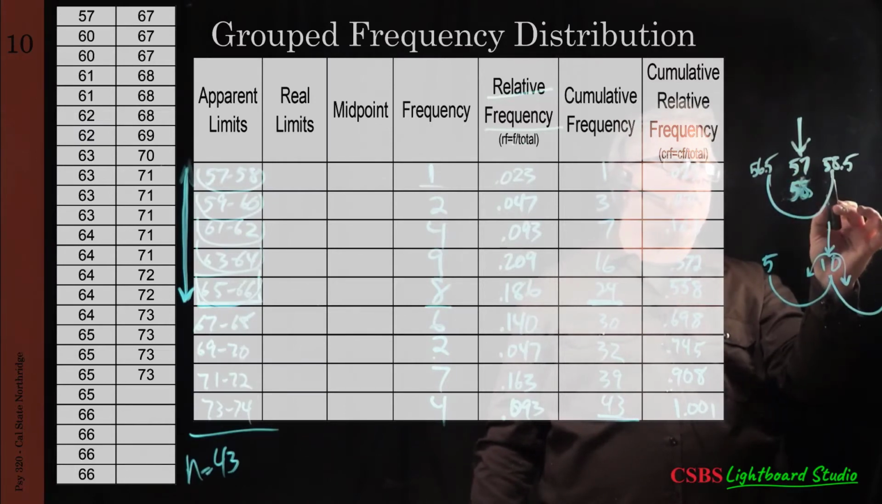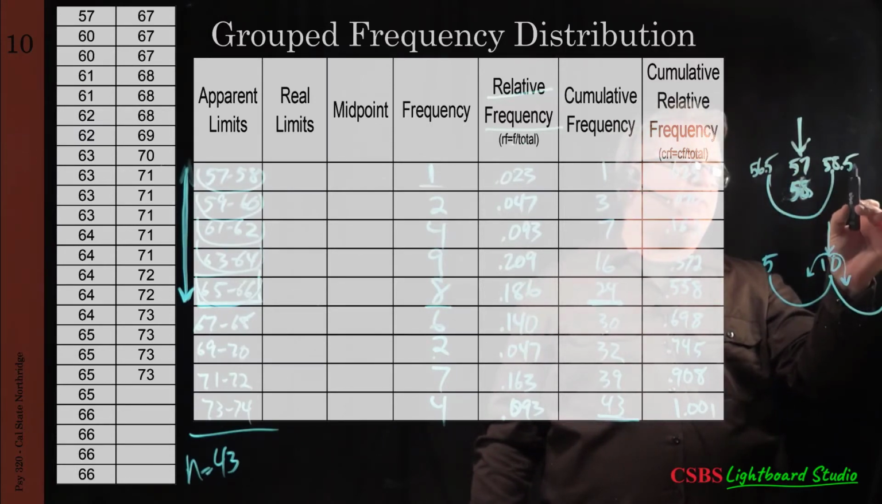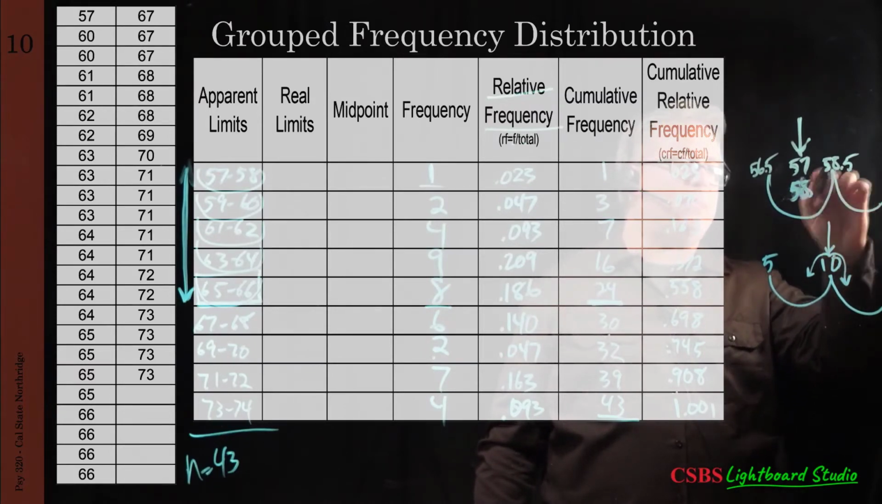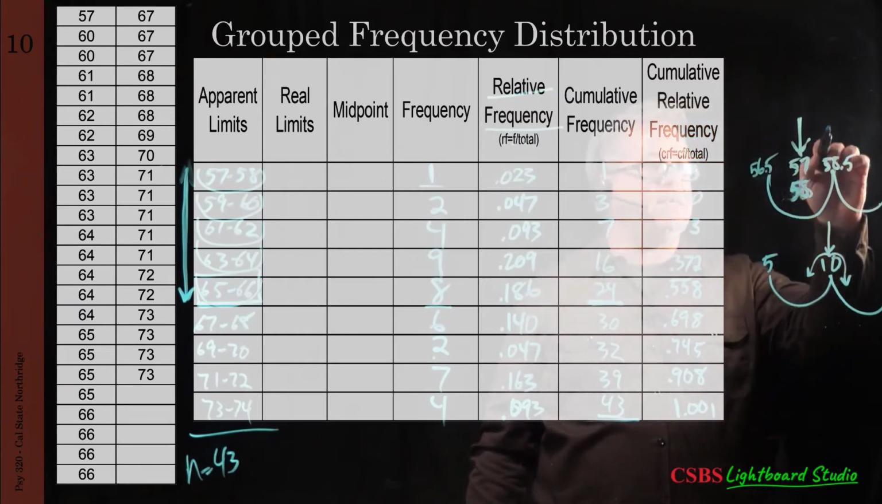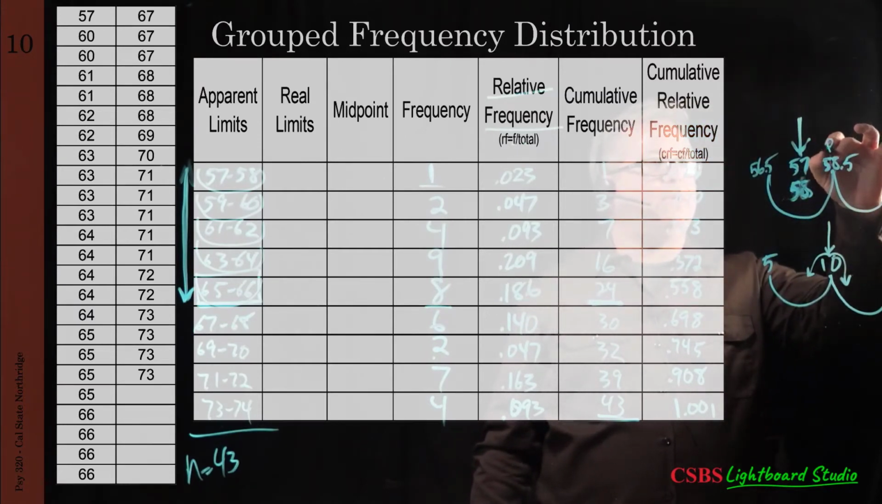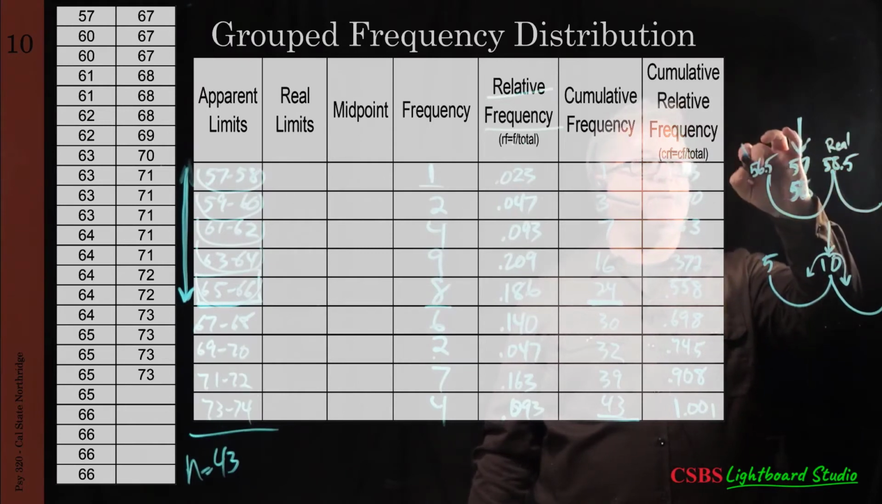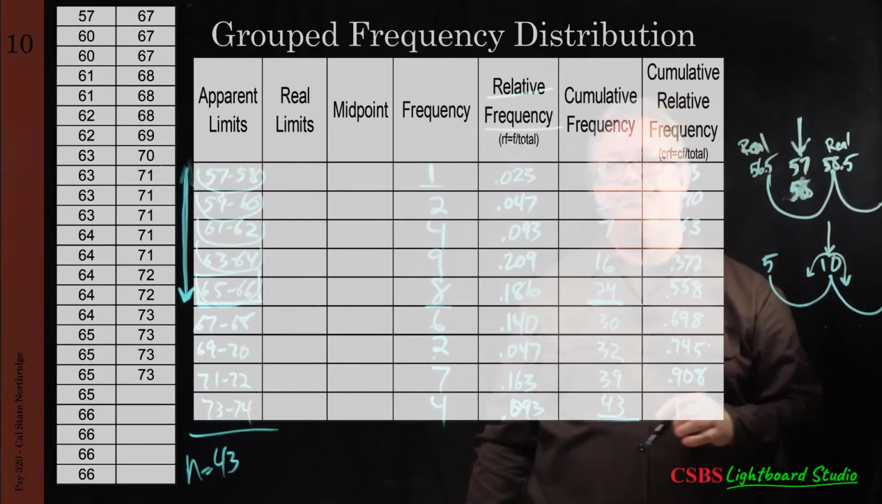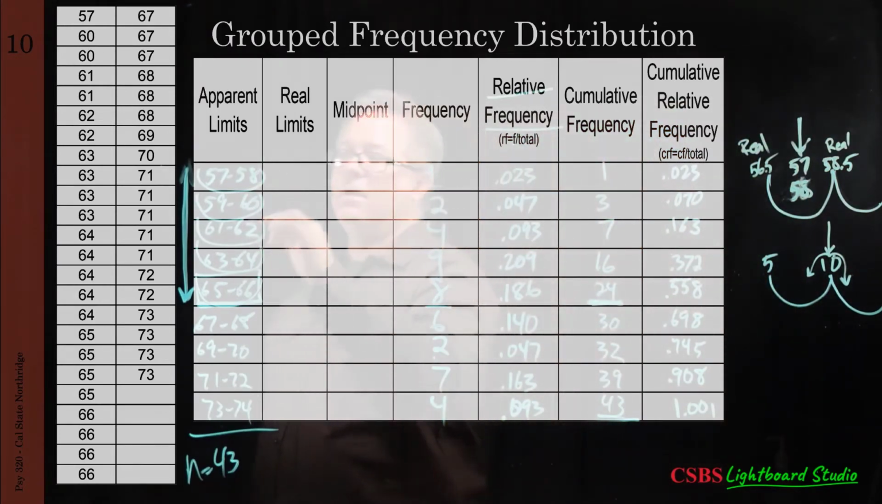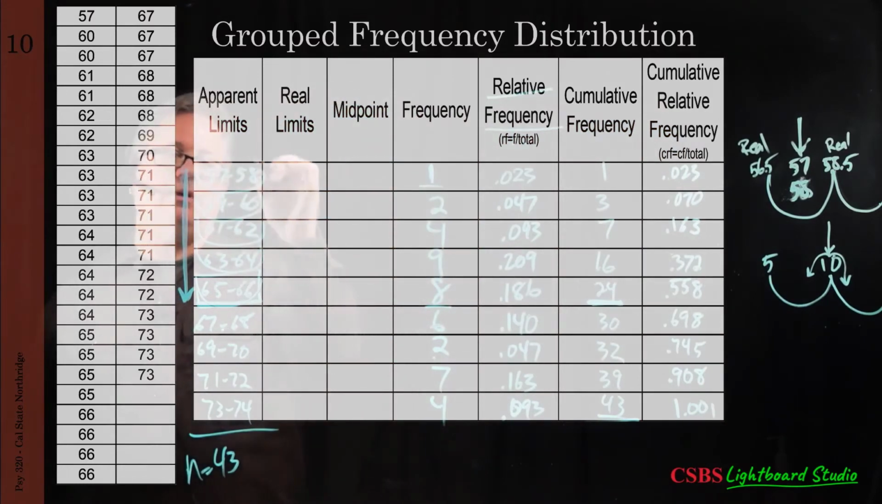But if I get something that's above 58.5, even 58.56, it is going to go into the next basket. That's where we make the split between the baskets, at this real limit. This is the real limit here, and this is the real limit there. So for this one, I'm going to go 1/2 a unit down and 1/2 up. So the real limits here are 56.5 to